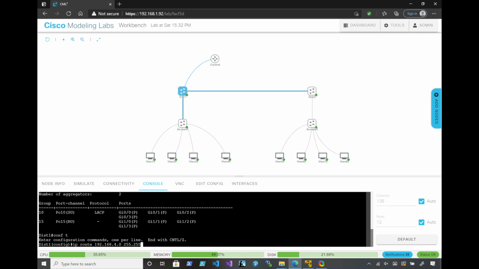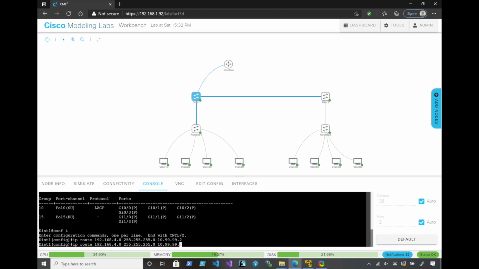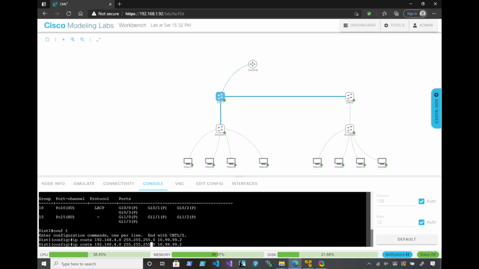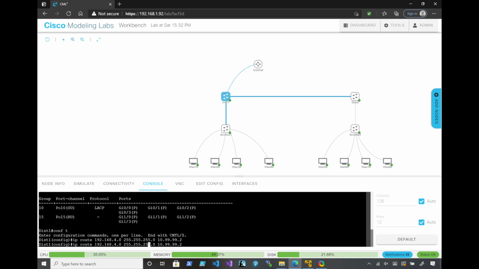To remove a static route from the configuration, you enter the keyword no in front of the IP route command. So for example, I'll come in here and type in the wrong static route of the 192.168.4.0 subnet. That subnet is on this left side topology. So it's the incorrect static route configuration. So we'll go ahead and enter the command and then use the no command to then remove the static route